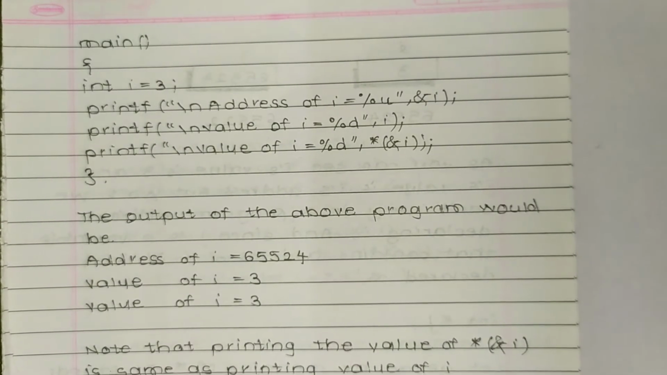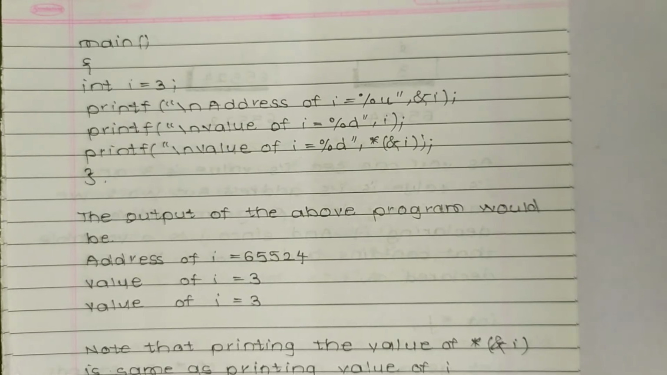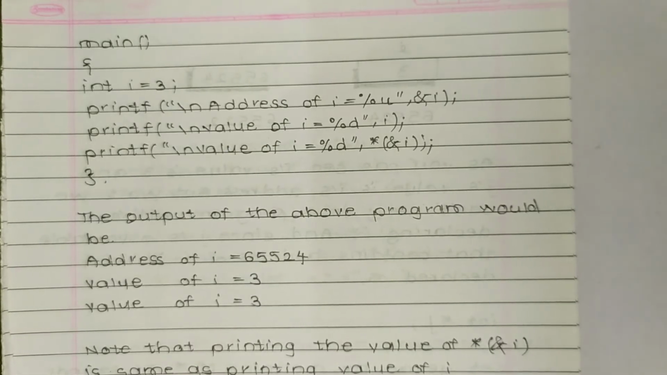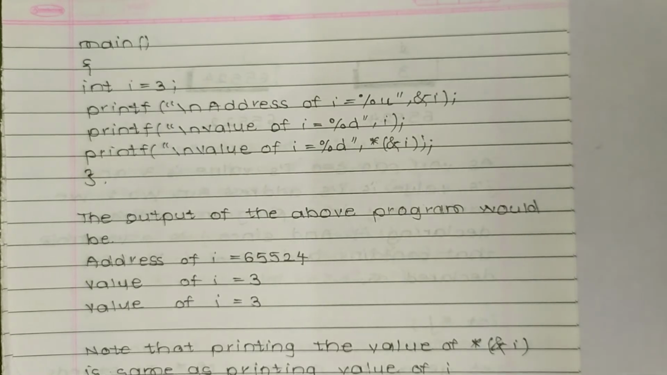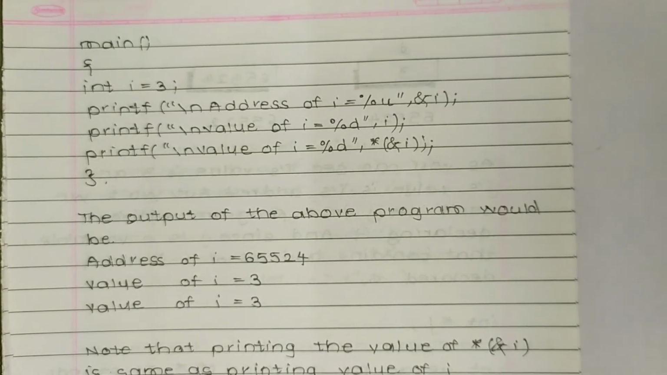So this is another program explaining pointers. main, now int i = 3. printf("\nAddress of i = %u", &i); here %u is used and &i is used to show the address. Now printf("\nValue of i = %d", i); Now printf("\nValue of i = %d", *(&i));